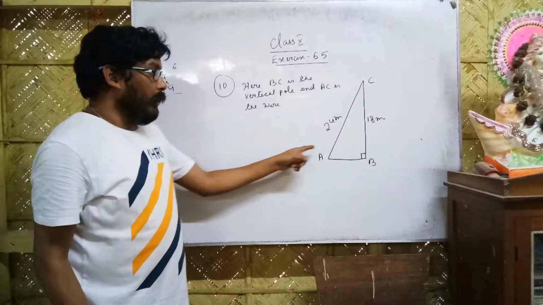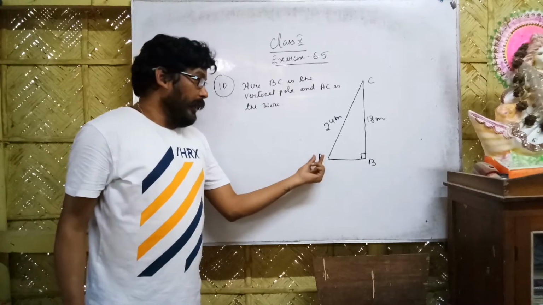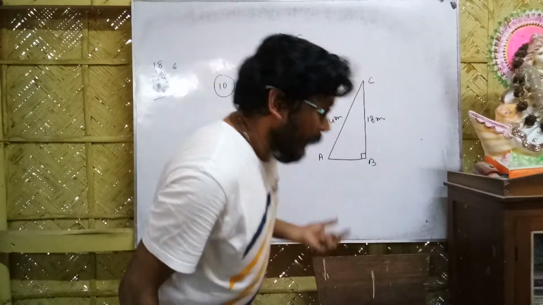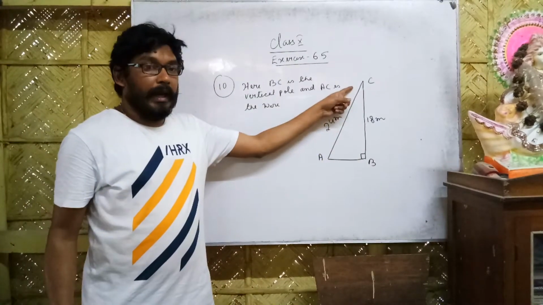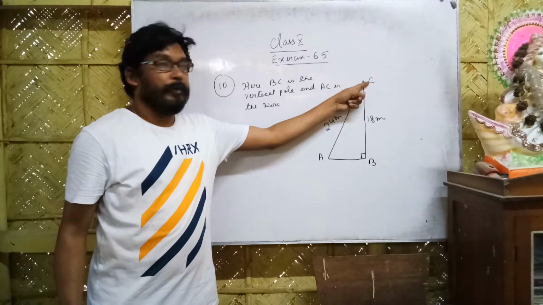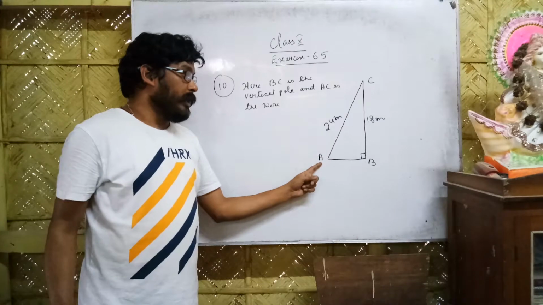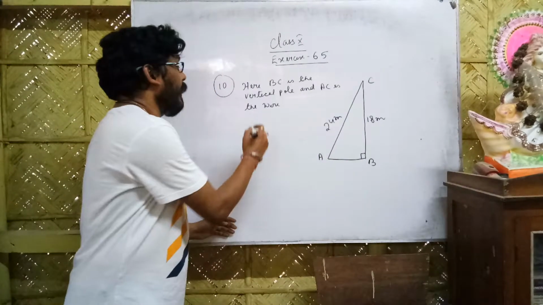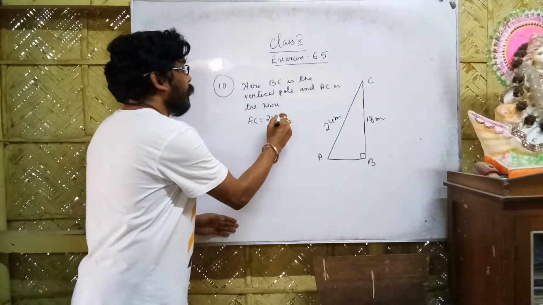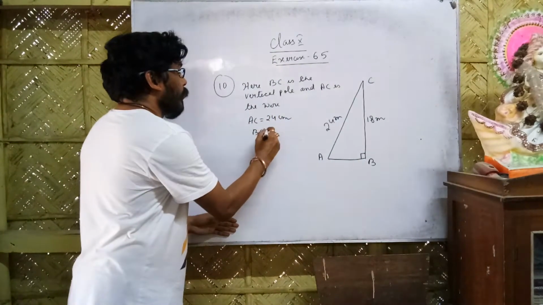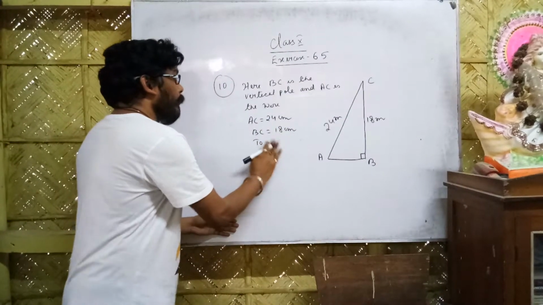Now see, one end of the wire is attached to the pole and the other end is attached to a stack. Okay, to find the distance of that stack from the base of the pole, I repeat again, AC is the wire whose one end is attached to the top of the vertical pole and the other end is attached to a stack. To find the distance of that stack from the base of the pole, that means to find AB. So here first we will write AC equal to 24 centimeter, BC equal to 18 centimeter. To find AB.